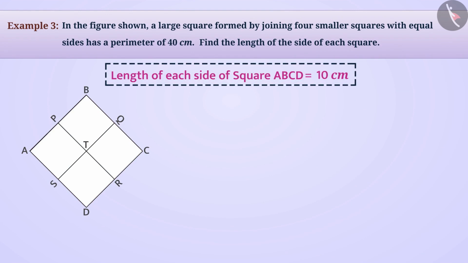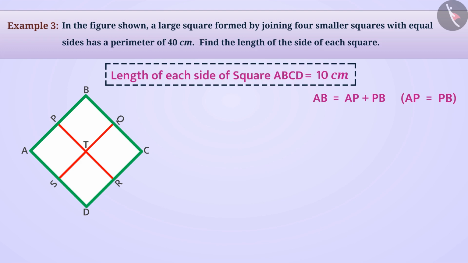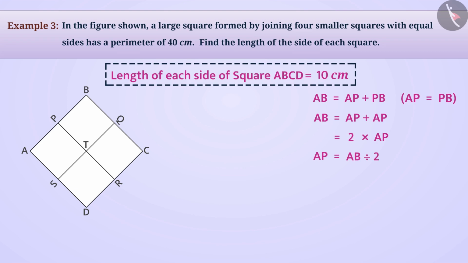Now, by looking at the figure, we find that AB is equal to AP plus PB. Since the large square is made up of 4 squares with the same sides in the figure shown, we can say that AP is equal to PB. Hence, AB is equal to AP plus AP, which is equal to 2 multiplied by AP. In this way, AP is equal to AB divided by 2. Since AB is equal to 10 cm, AP is equal to 10 cm divided by 2, which is equal to